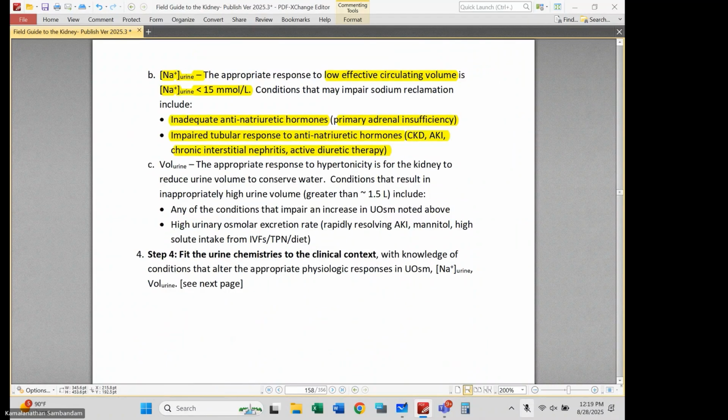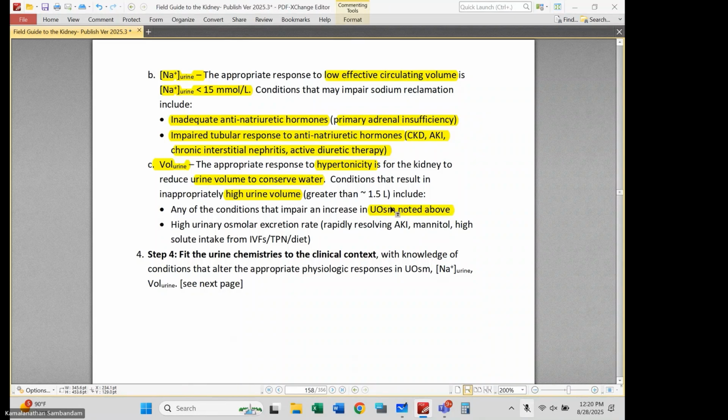Moving on, urine volume is another parameter that you're going to pay attention to. And if you have a hypertonic patient, you want that urine volume to be low, because if you're conserving water, reclaiming water in the collecting duct, you would predictably see a urine volume that's low, except for the following conditions. Okay, you might see a high urine volume despite a hypernatremic patient or hypertonic patient if I have